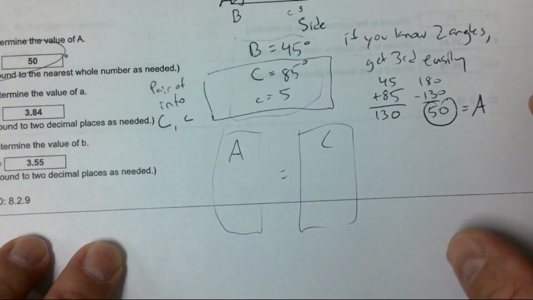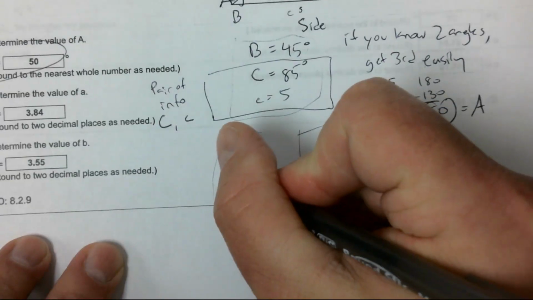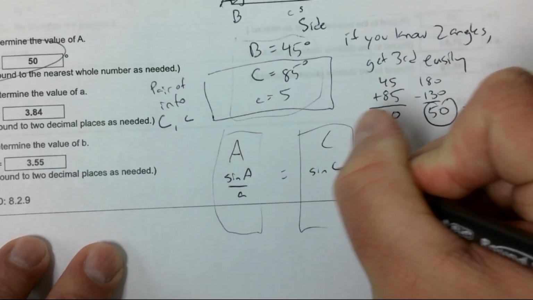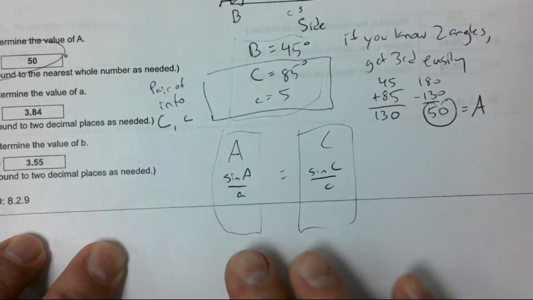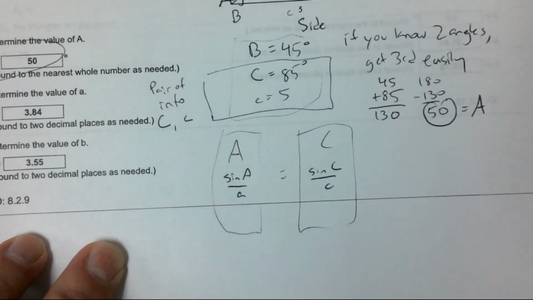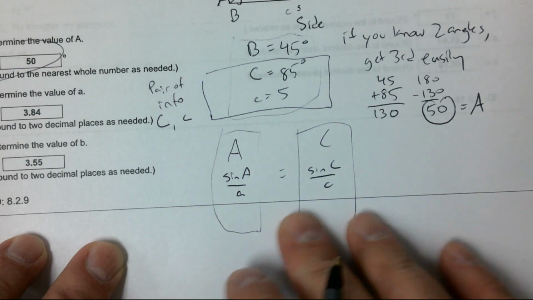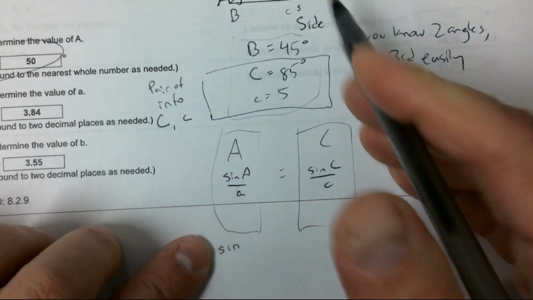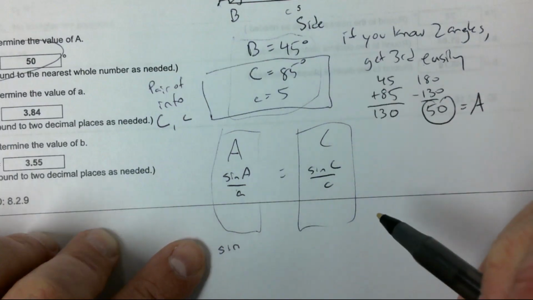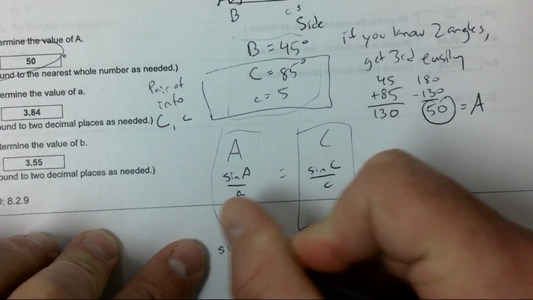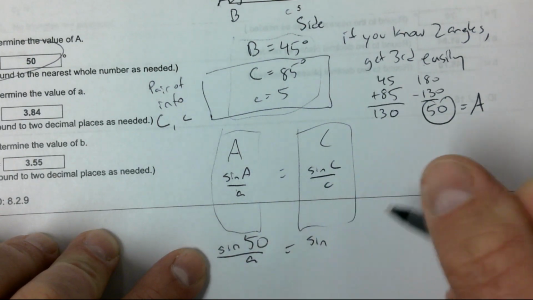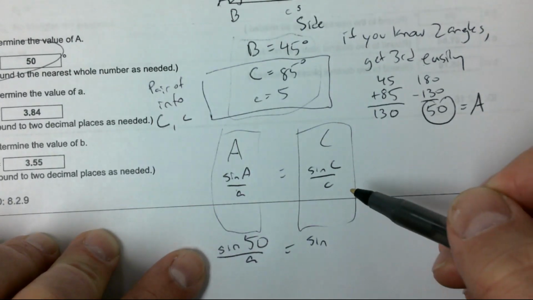It looks like sine A over A equals sine C over C, because we don't use the B's at the same time. So this would then be sine of A, which is 50, over A equal sine C, which is 85,